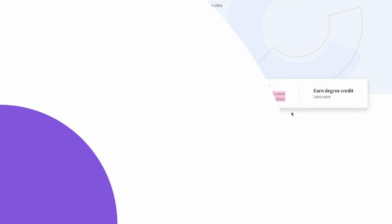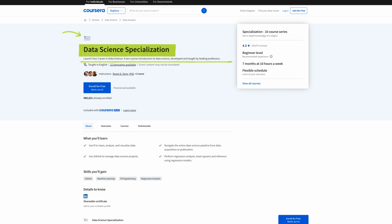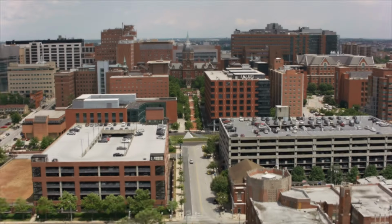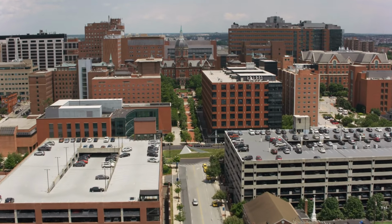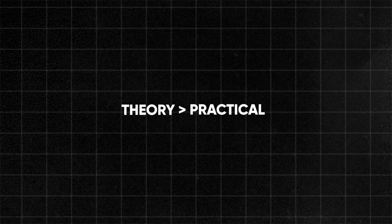So let's continue. Number 2 on the list is the Data Science Specialization from Johns Hopkins University. It's also for entry-level people looking to become a data scientist. Now, this one is a little bit different, and it's actually from a university and not from a company. Johns Hopkins is a major US-based university with a strong reputation. Universities tend to focus more on the theory rather than practical stuff, so we'll see what this course actually looks